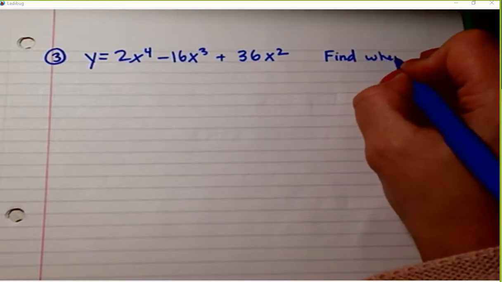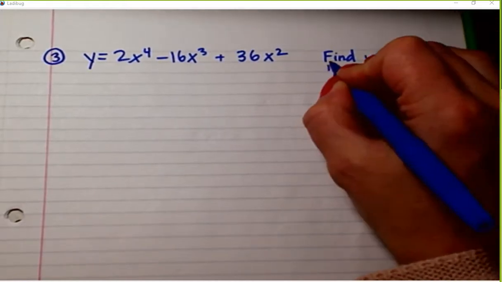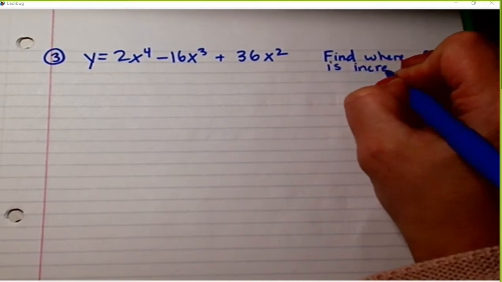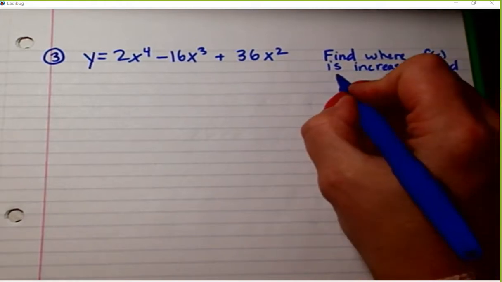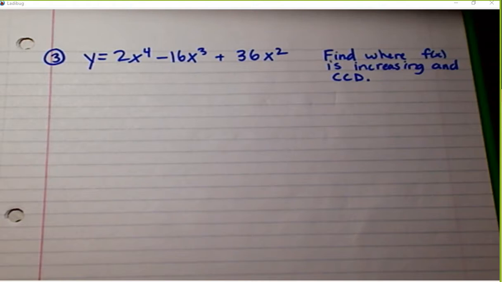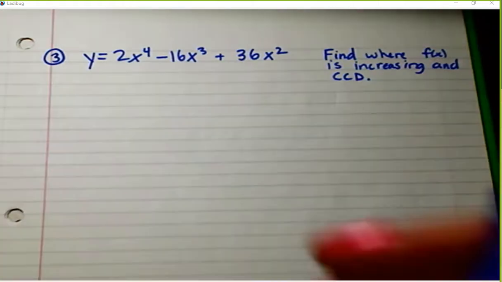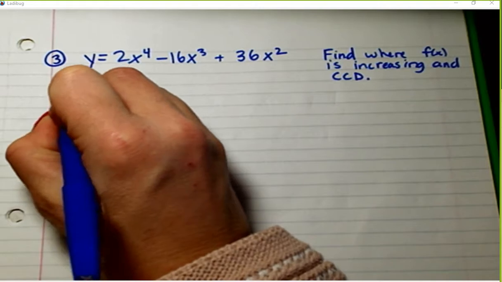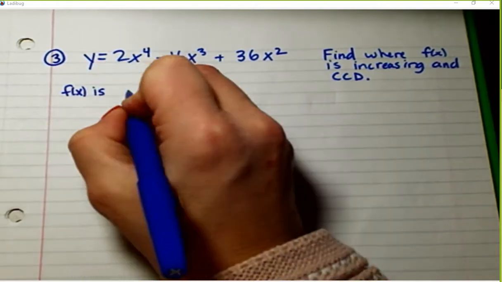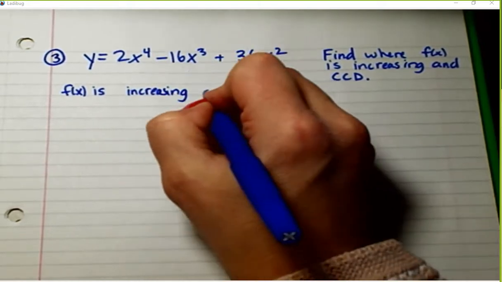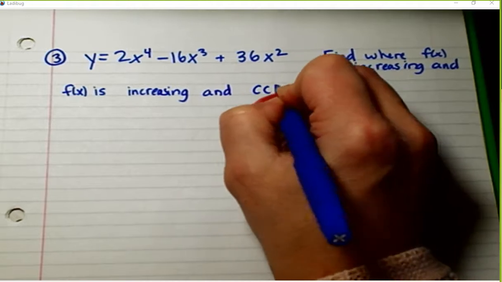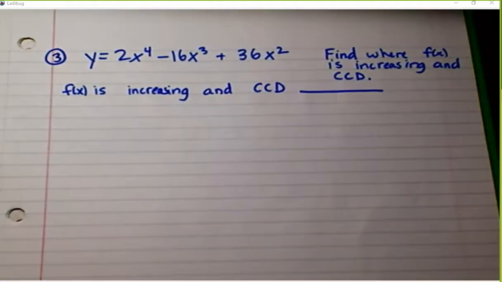Find where f of x is increasing and concave down. So I want both of those things happening at the same time. So I'm going to write both sentences. Okay? So f of x is increasing and concave down in a particular spot